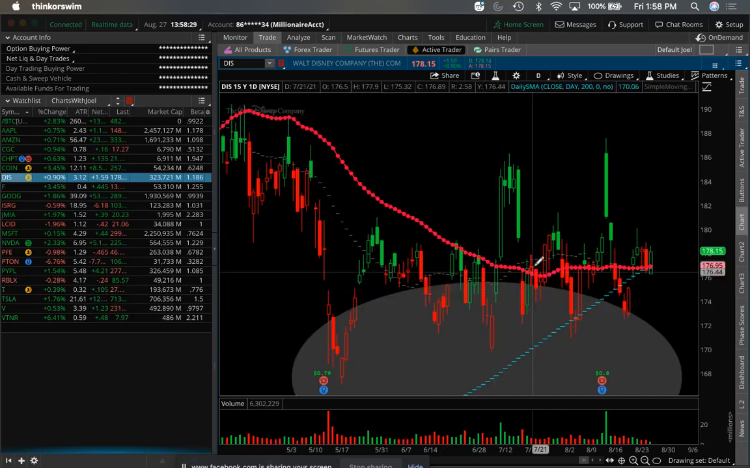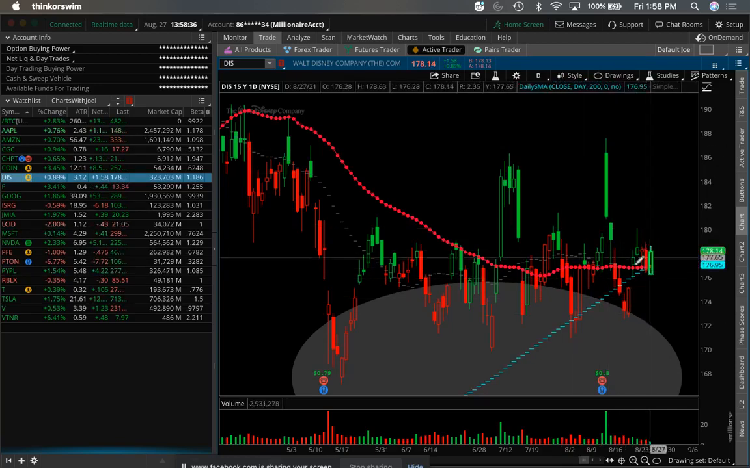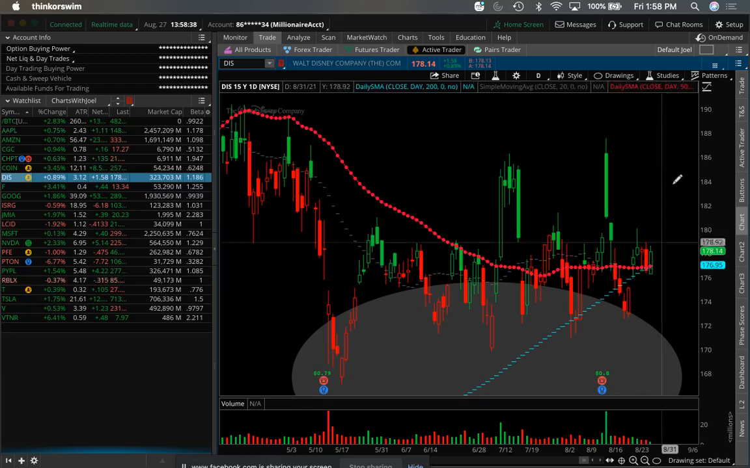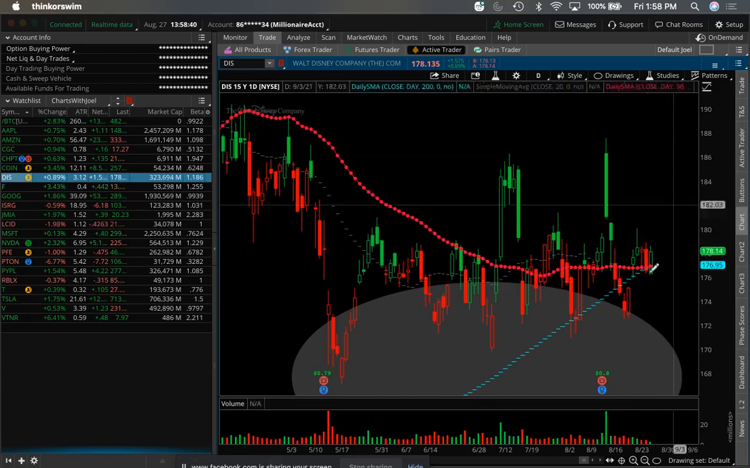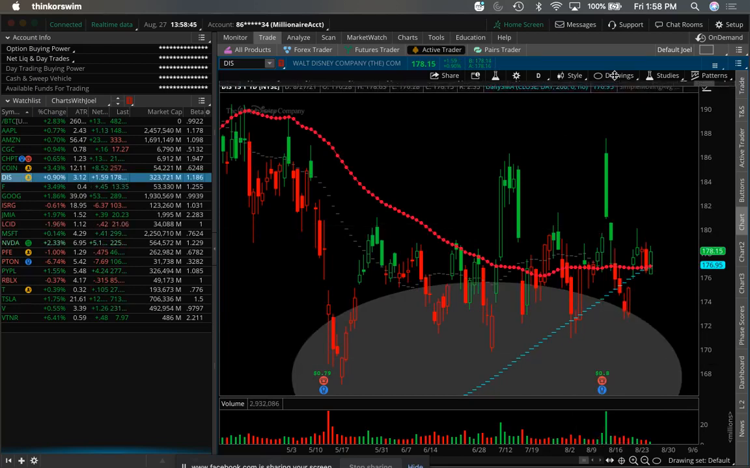It's going to struggle till this 20 is above this 50 and both of them are angled up. And it happened here and it happened there. So that's why people are saying Disney is looking kind of bullish. Okay? So if you wanted to trade the way I trade,